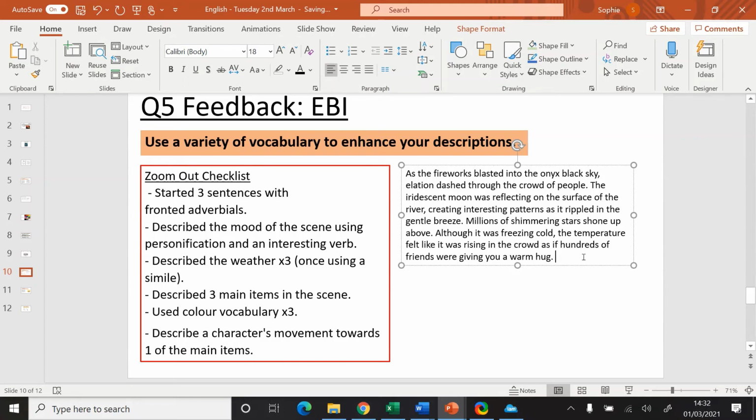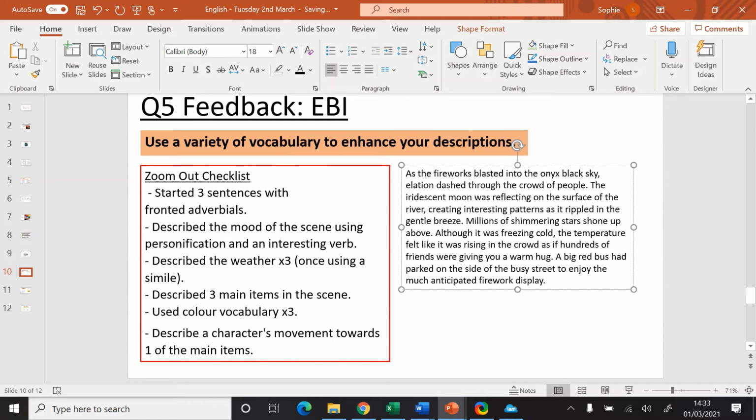Now I need to describe 3 main items, one of which is going to form my zoom in paragraph. So I think I'm going to do a red London bus, the London Eye, and the clock. And I think I'll probably zoom in on the clock a little bit later. So let's do the bus. So I'm going to say a big red bus had parked on the side of the busy streets to enjoy the much anticipated firework